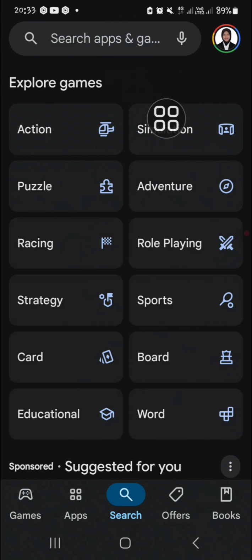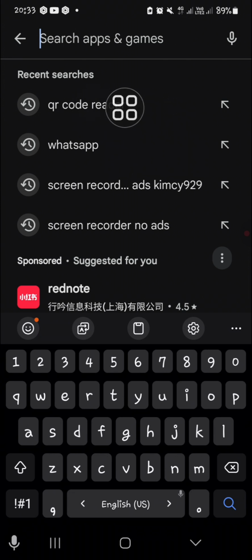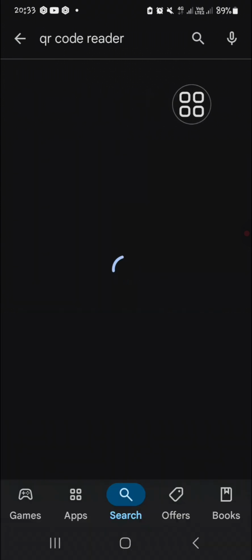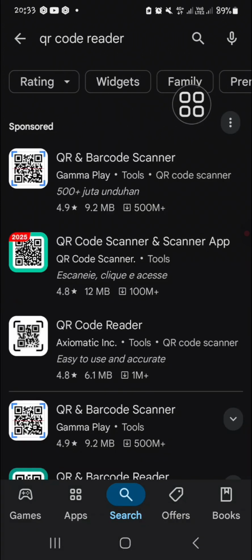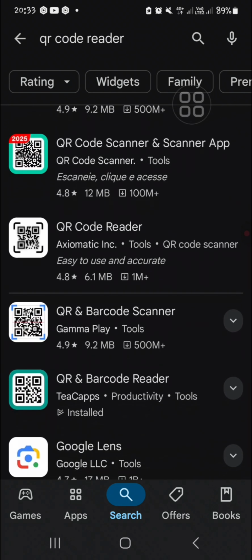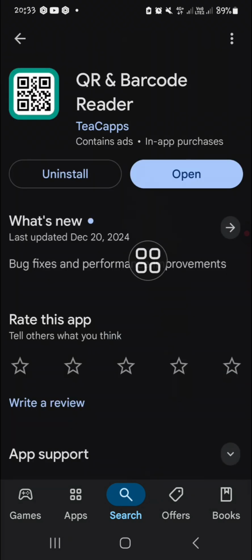I'm going to click on this search bar, and then we just need to type in QR code reader as the keyword. Okay, and I recommend you select this one guys. I have installed this application on my mobile phone, so I just need to open up this application,